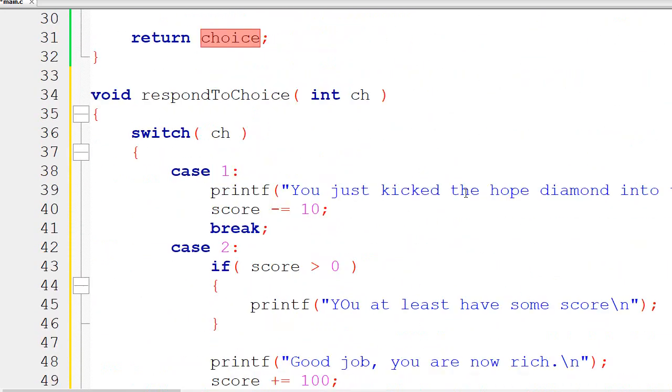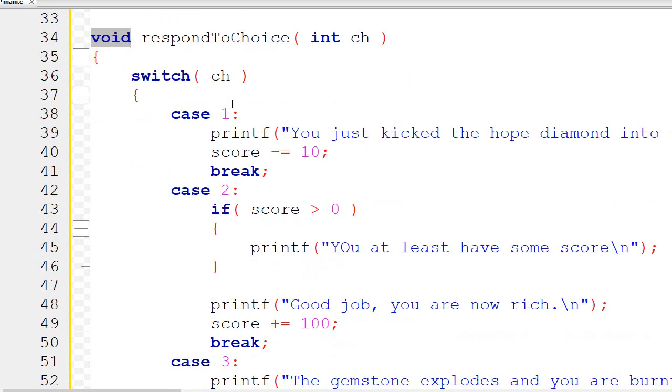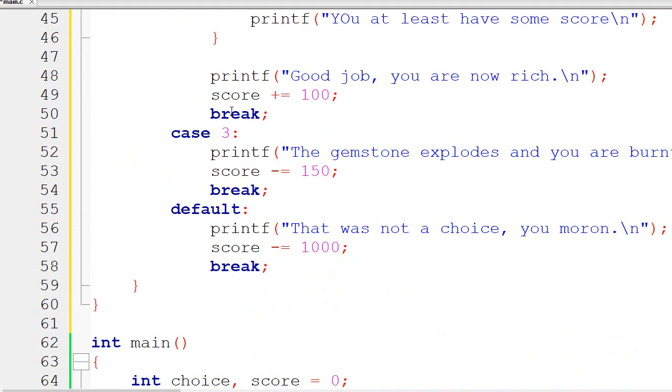Now, this is going to work. We don't have to respond. We don't have to return anything. All we have to do is print out. Now, one of the problems is this is not actually going to compile. The main reason is because